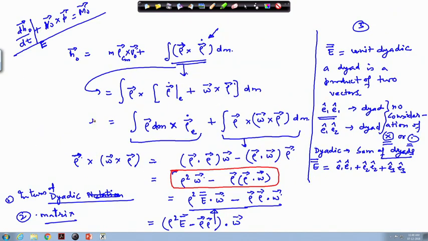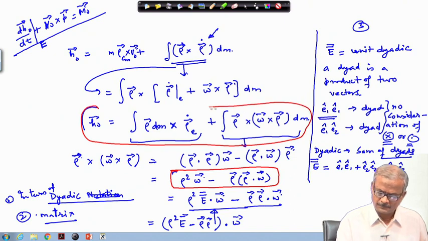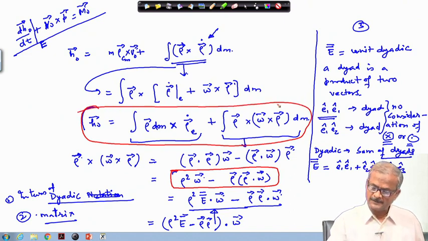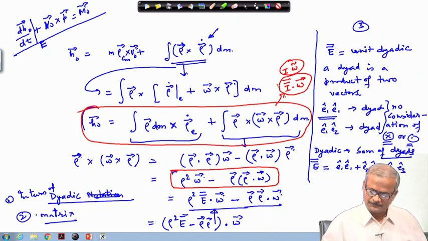We got this equation for H 0. We derived this equation, okay. And for this part we showed that this quantity is equal to I double bar, the inertia dyadic, dot omega, or the same thing we have also written as I times omega tilde, either in the matrix notation or the inertia dyadic notation. So, we will continue with this particular part.